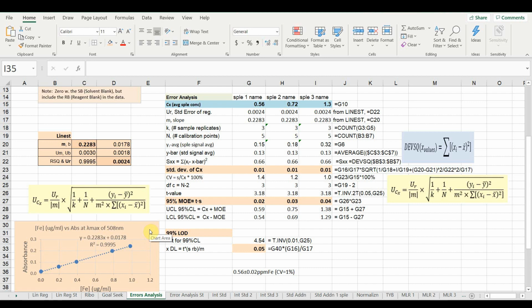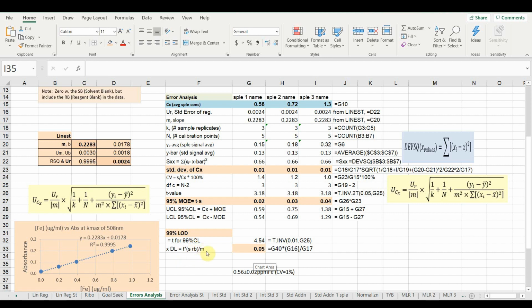Otherwise, we couldn't report actual numbers. All we could say is below detection limit. In this case, our detection limit is less than our actual concentrations measured, so we can report the actual values. Here's how it's calculated. It's simply a t-value times the standard deviation of the reagent blank divided by the slope